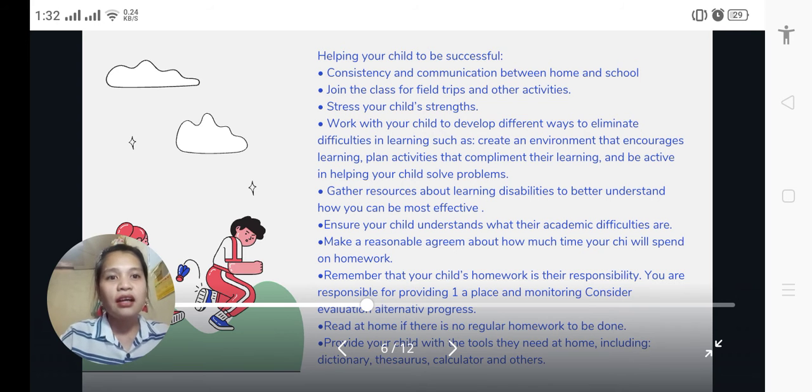And then lastly, provide your child with the tools they need at home. So this includes dictionary, thesaurus, calculator, and others. So there are many more. And then